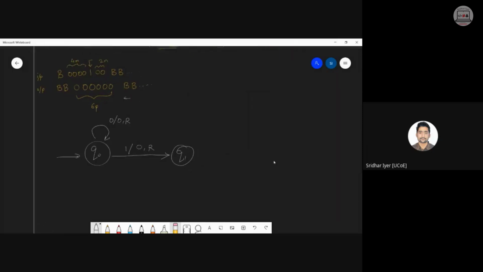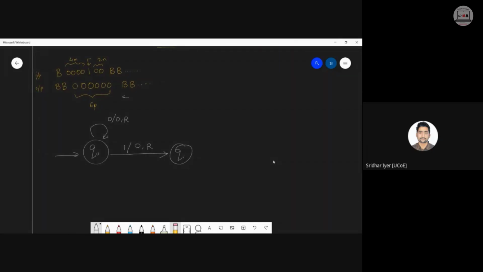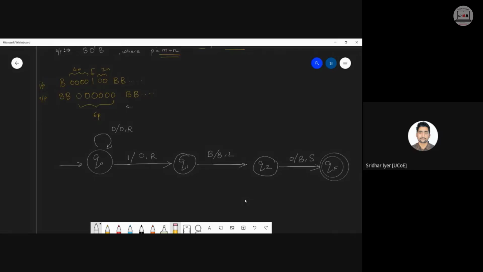Now I am in q1 state. Okay. In q1 state, what I will do, I will go till the blank symbol. Blank तक गया, blank को blank ही रखा and start moving to the left. While in q2, whatever the first 0 bit you encounter, convert that into a blank and stay over there. That's it. Now if you're having any doubts with this, kindly let me know. बहुत simple problem है. It's done in 2 minutes. That's it. No loops, nothing else except the first loop.